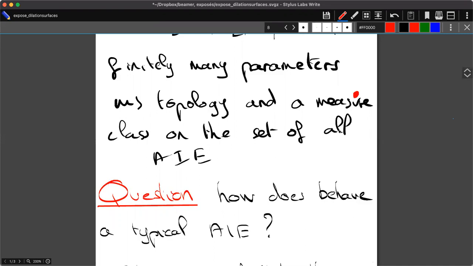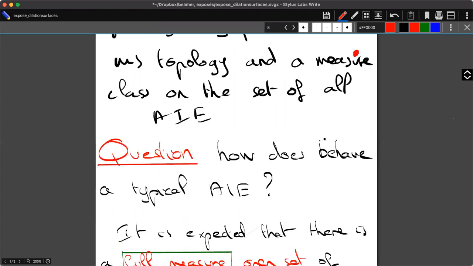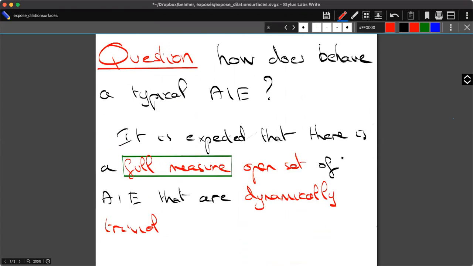So all of this is just to say that I can ask this very special class of maps what the generic behavior of those is. And this is now the question that I will ask. So the general question is how a typical affine interval exchange behaves. And the answer, which is not a complete answer because it's still something that we don't know how to prove, is that it is expected that there is a full measure, open set of affine interval exchanges that